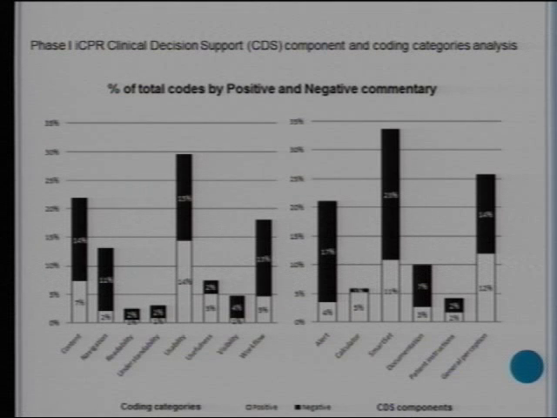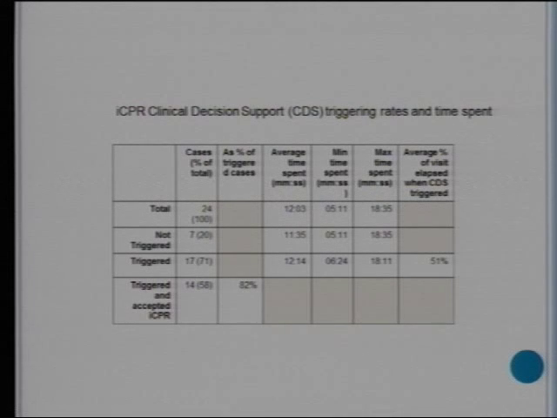And what was interesting, as I mentioned, it was our perception when we watched them, and we also coded whenever they made a comment, that almost all the comments about the calculator were extremely positive. So you can use this approach to take apart a tool that some people may like and other people may complain about, to get at how to optimize it and what people actually like in the functions. This was just an example of us looking at the triggering rates: how often the guidelines were triggered, and how often they were triggered and then responded to.